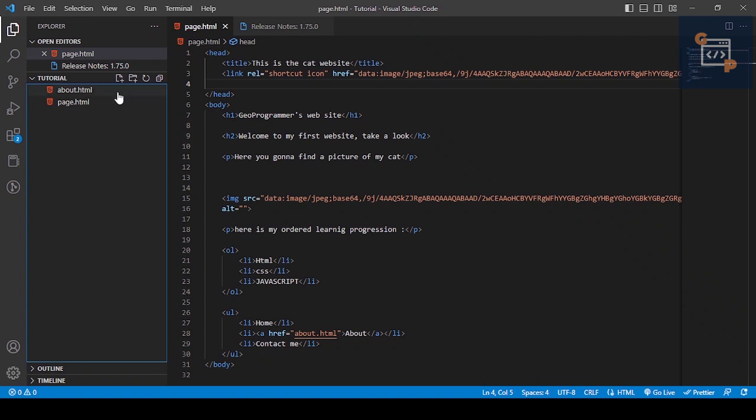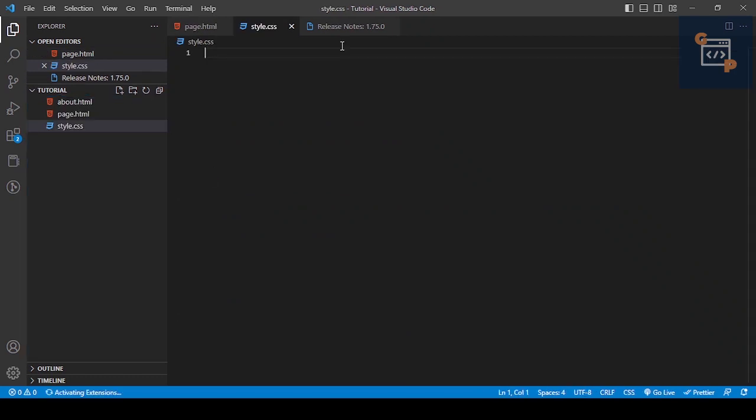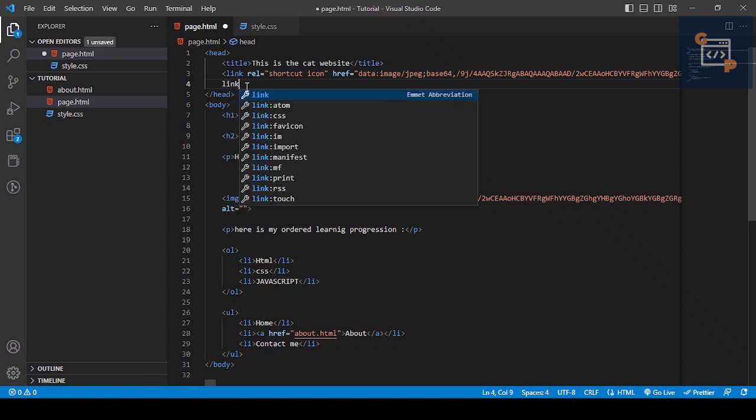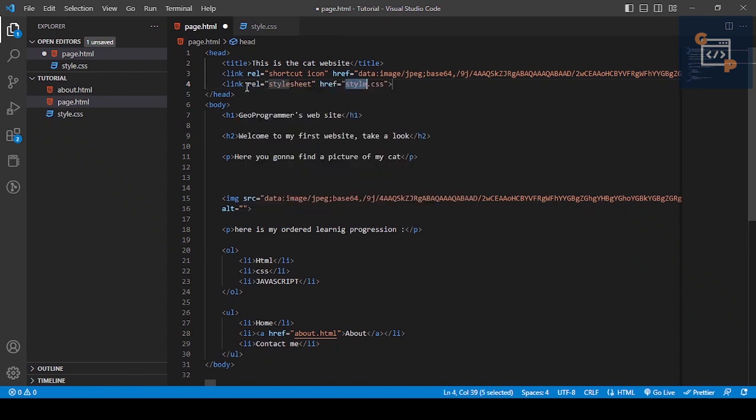To do that, we start by creating a new CSS file. We're gonna name this simply style.css. We press enter, and here we've got our CSS file. Now we have to link this HTML file with our style.css. To make a link, we come to the head tag, and inside the head tag we write link. Before, we have seen the link for the favicon. Now we're gonna see the link to CSS. You press enter,